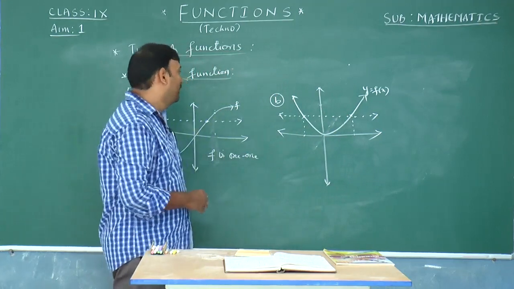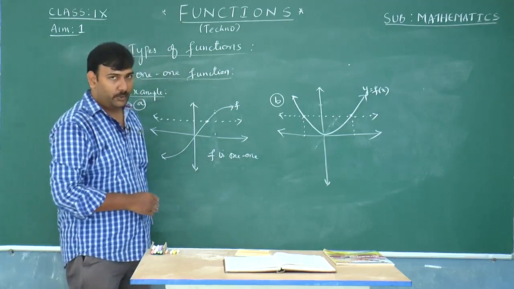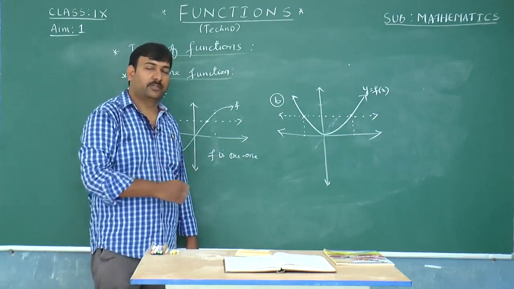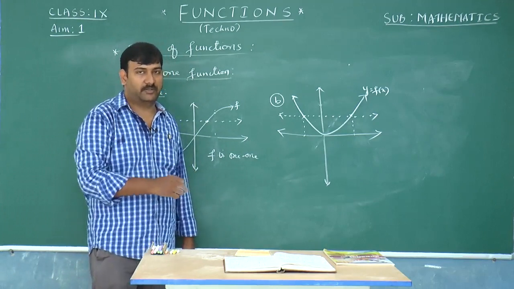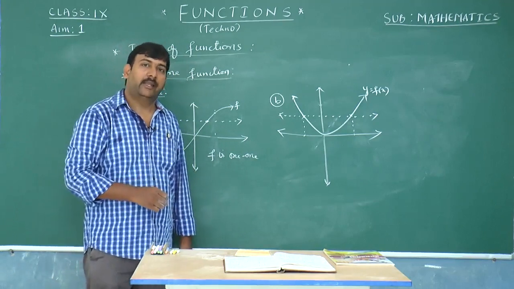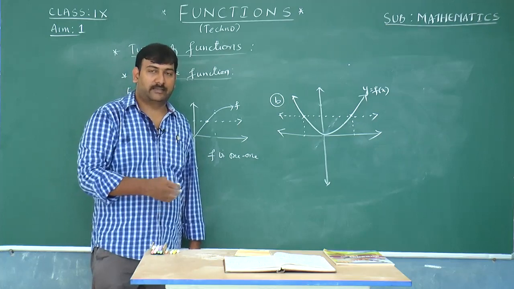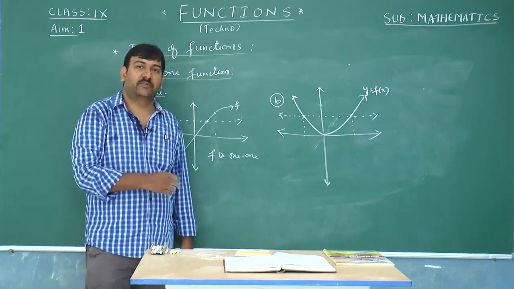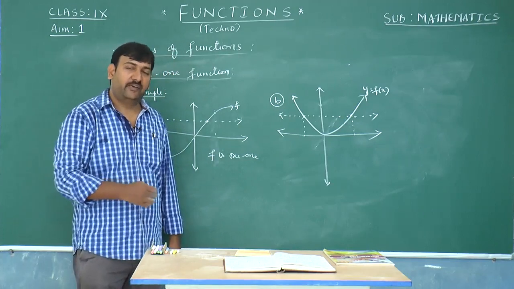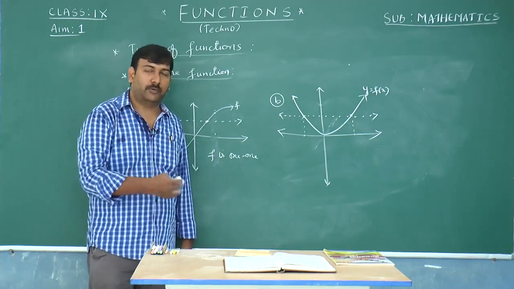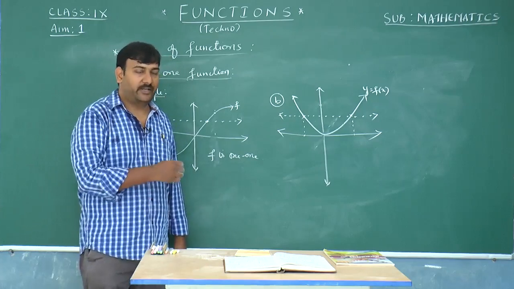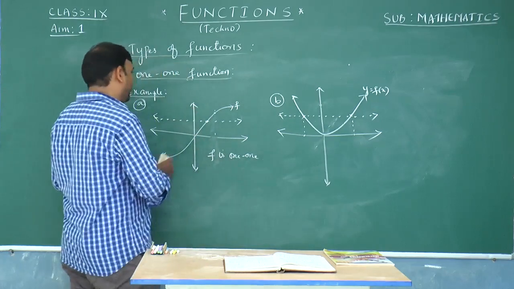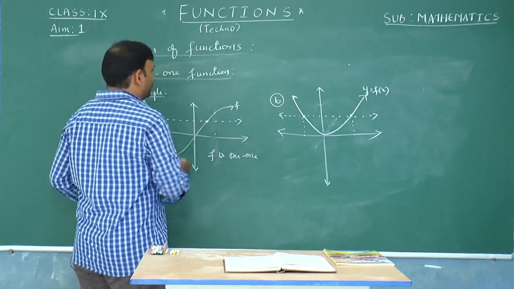So finally, whenever the graph of a function is given to you and they ask you to check whether the function is one-to-one or not, the way is to go ahead with the horizontal line test. Any line drawn horizontal, parallel to the x-axis, if it meets the curve at exactly one point, then the function represents a one-to-one function. If it meets the curve at more than one point, then obviously the function is not a one-to-one function. So the definition of one-to-one function by using the graph is nothing but